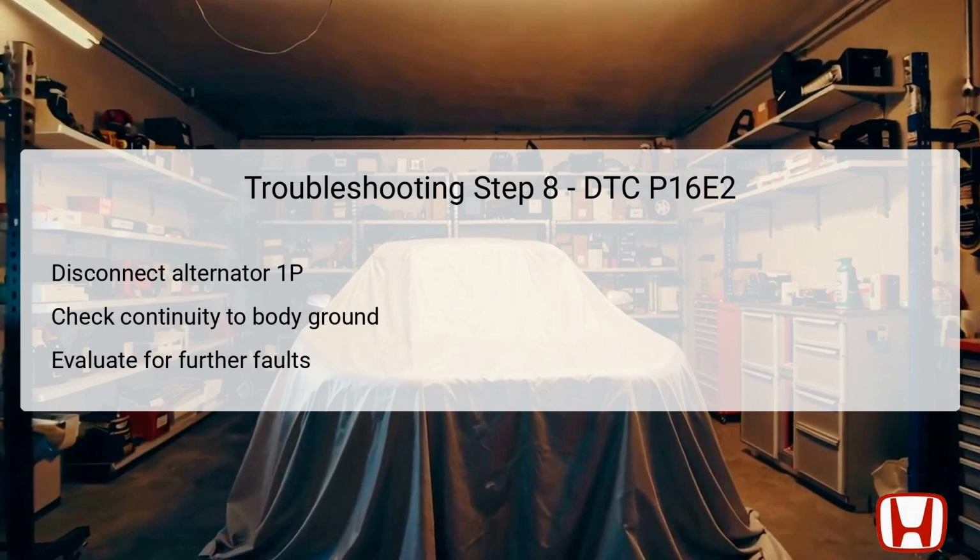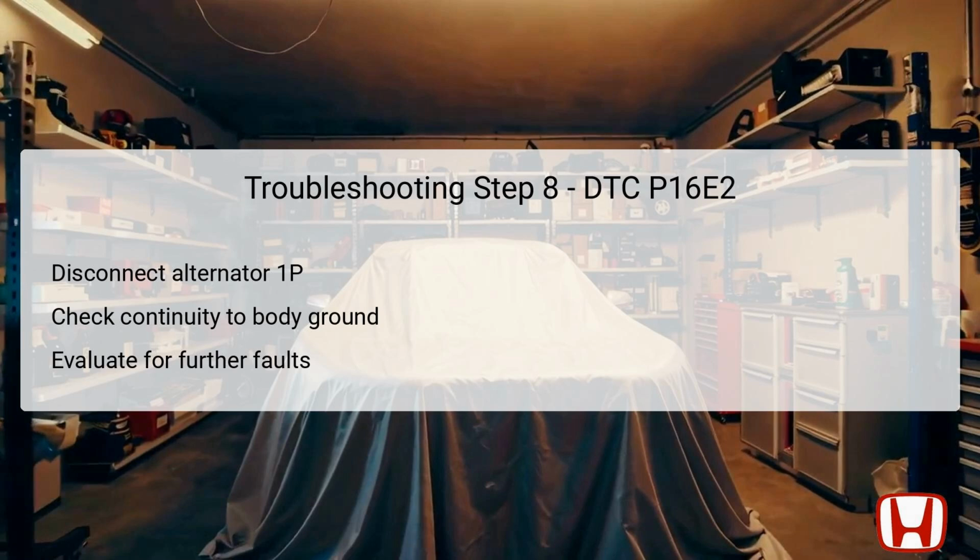Step 8 pertains to verifying continuity within the LIN communication pathway while the vehicle is set to off, lock. You will disconnect the alternator 1P connector and measure continuity between its terminal number 1 and body ground. This step is crucial to diagnose potential failures not previously identified. If continuity is confirmed, proceed to step 9 for further tests on the LIN wire integrity. If there is no continuity, step 10 should be initiated to explore deeper faults beyond the alternator that might affect